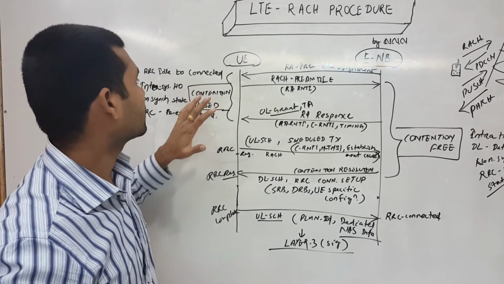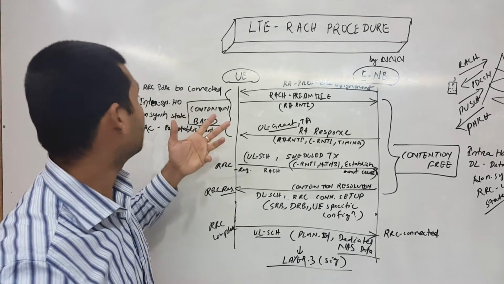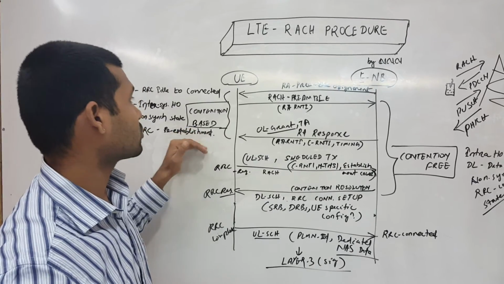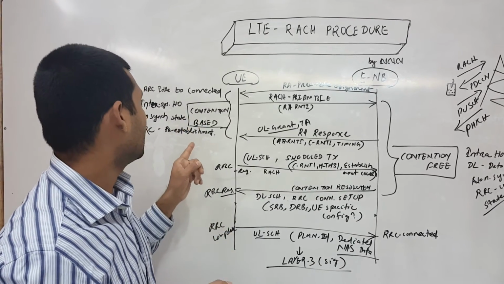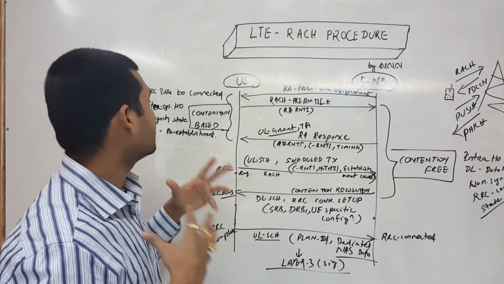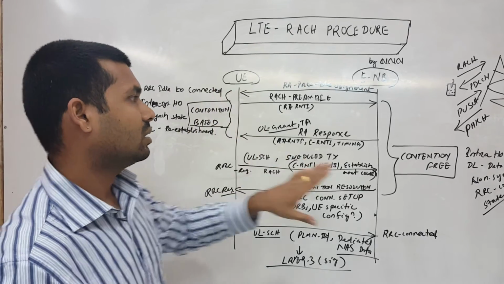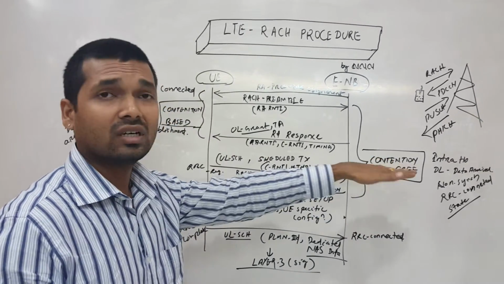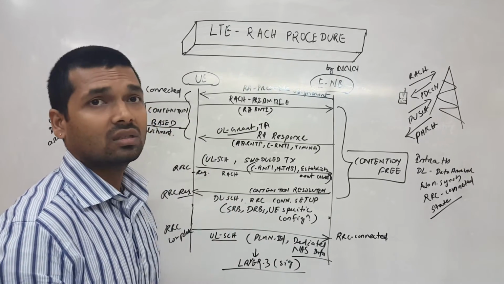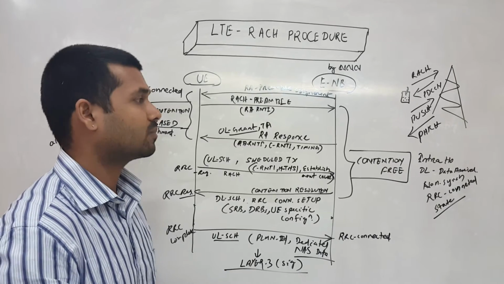Inter-system handover. Then when the UE is in a non-sync mode in the uplink and we need to send some uplink data, there we also use contention based. And when we have RRC re-establishment, then we use contention based preambles. Contention free we use in intra handover, and also when the UE is in non-sync mode in downlink and we need to receive some information.